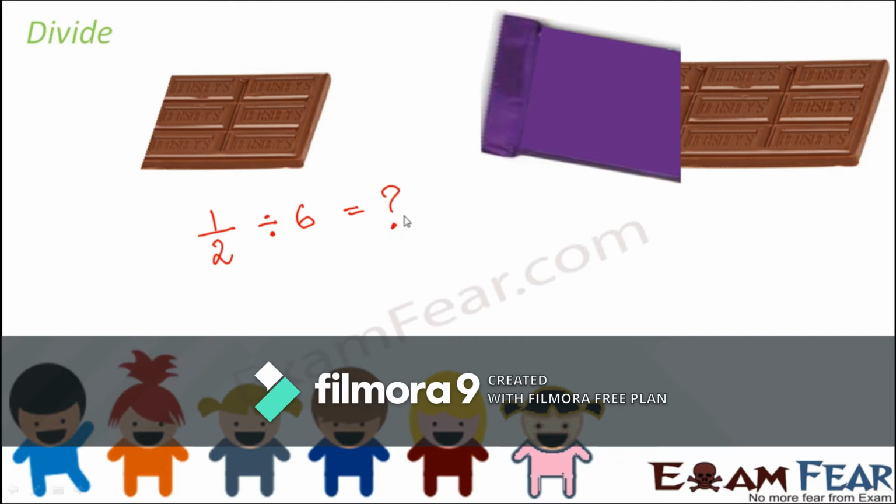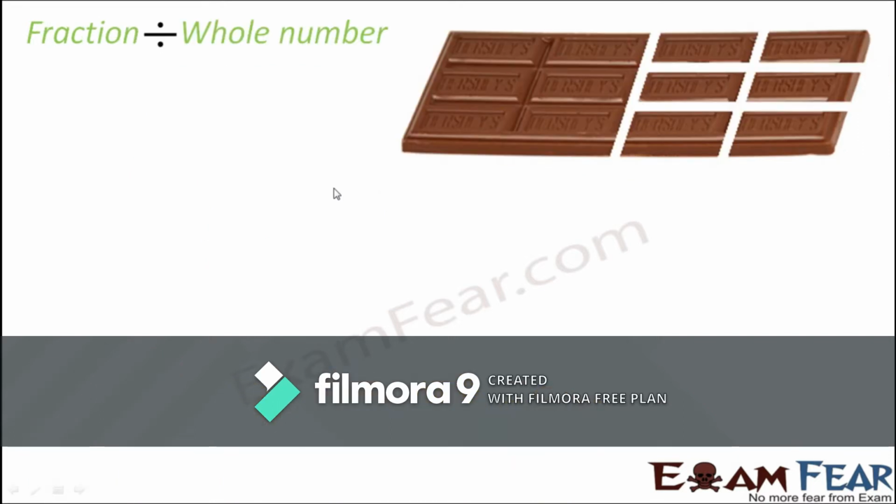But what would this signify? The result that you get on division signifies how much fraction of the chocolate each of them gets, because when you actually divide this half of the chocolate into 6 equal parts, then what fraction of the chocolate did each of them get? That means what part of the total chocolate did each of your friends get? So the question is, how do we divide? That is what we are planning to learn here, in this section. So let us see exactly how we divide.